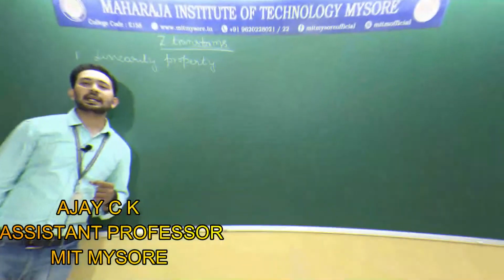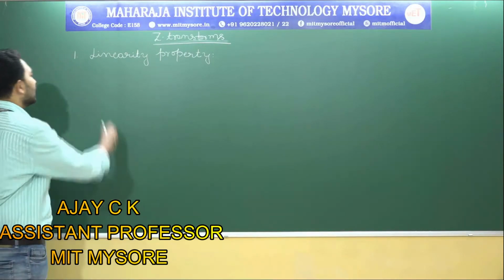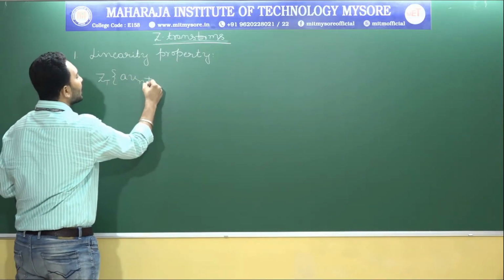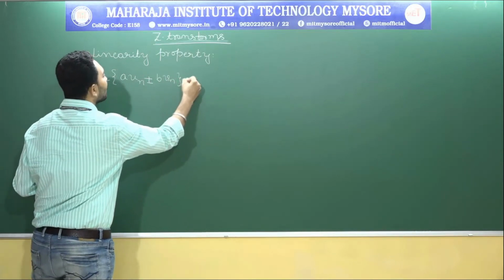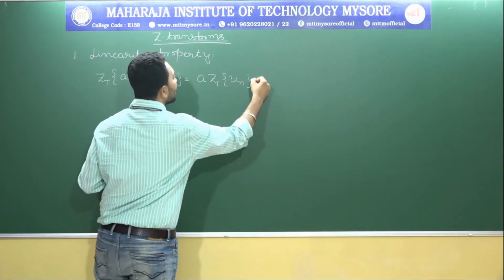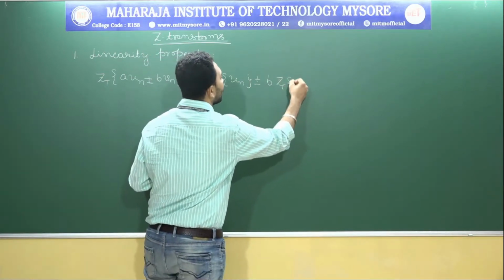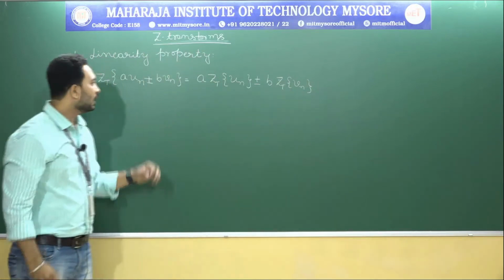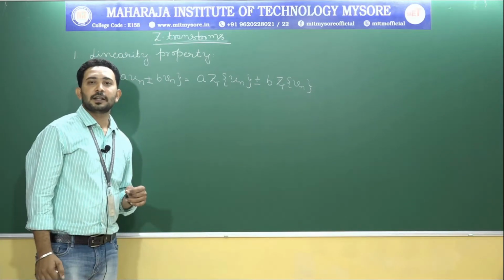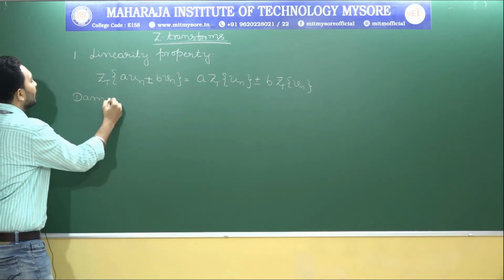We have linearity property in Z transformation. So what is linearity property? It is Z transformation of A into un plus or minus B into Vn equals A into Z transformation of un plus or minus B into Z transformation of Vn. Here A and B are constants and un and Vn are discrete sequences. Next, we have